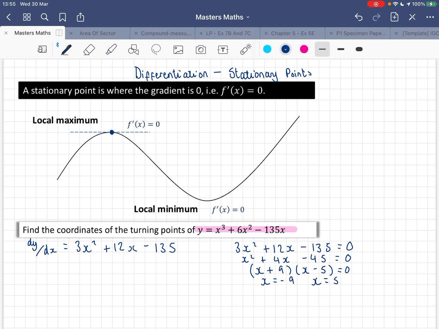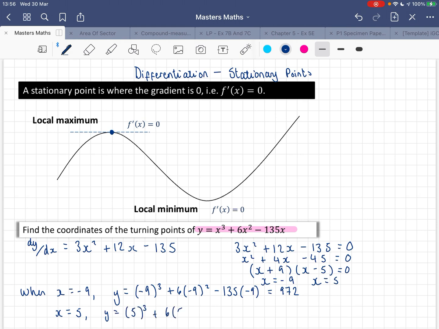So when x equals, if we start with minus 9, when x is minus 9, y is minus 9 cubed plus 6 times minus 9 squared minus 135 times minus 9, which gives me 972. That's quite big. I wasn't expecting it to be quite as big as that. And when x equals 5, y is 5 cubed plus 6 times 5 squared minus 135 times 5, which gives me